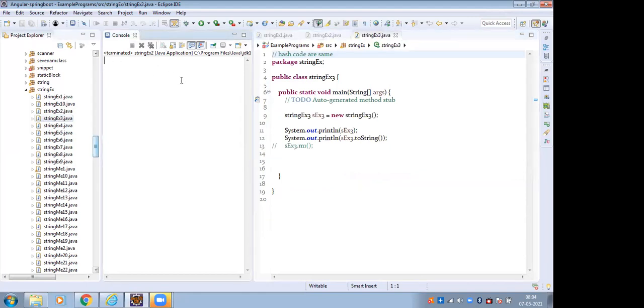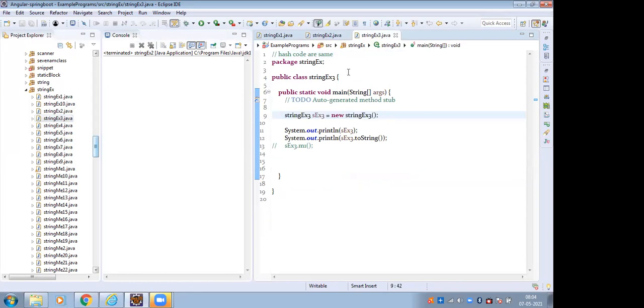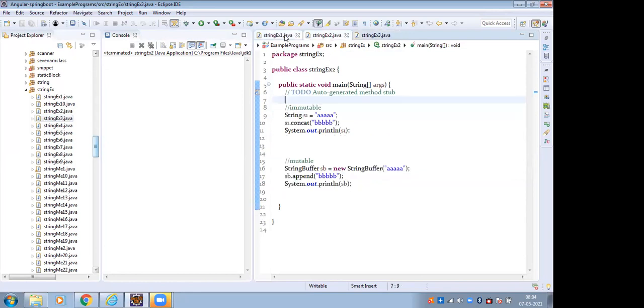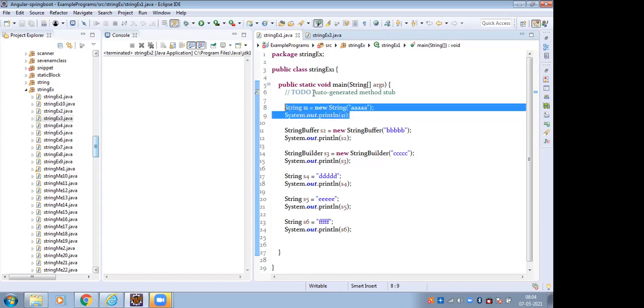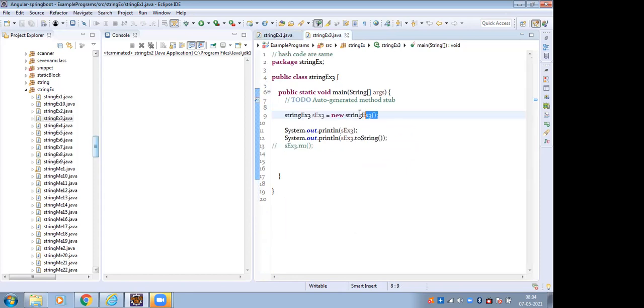And here I have to create a string object, but I'm not giving the input. Here I have to give the string input, and if we execute and print S1, the S1 value is printed here. But here I am not giving the input. I just have to print the object, what is printed here. Then here I use the toString method. What is that toString method? Why does it not get any exception here?